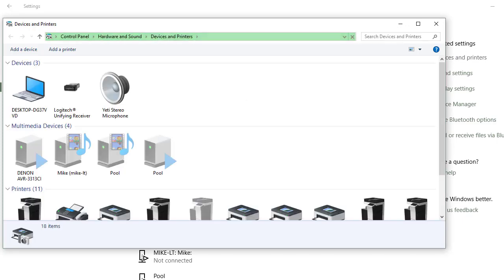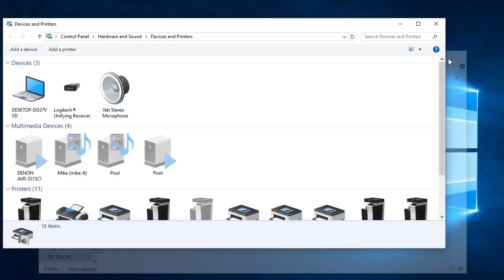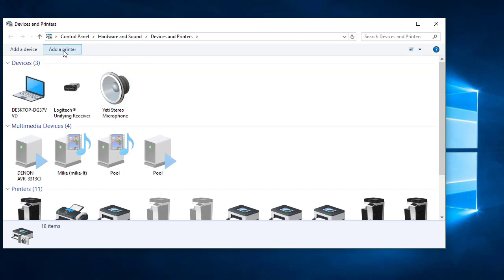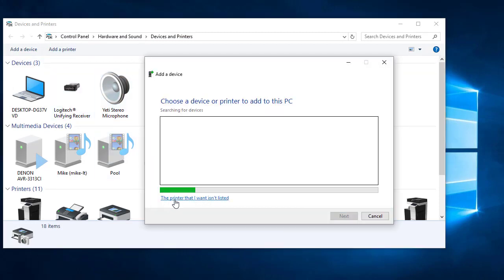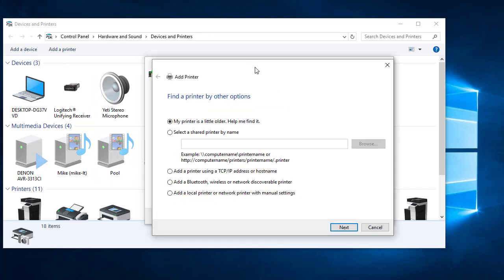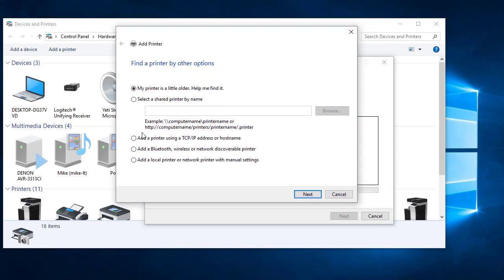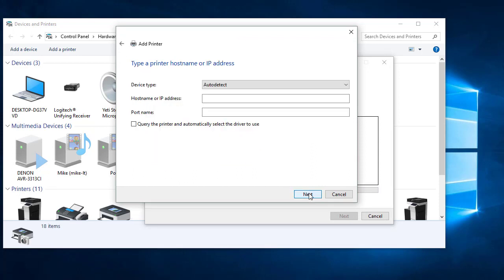Once you get to devices and printers, you can click Add Printer. I'm going to choose the printer that I want isn't listed so that I can manually install it. I'll choose Add a Printer using TCP/IP address. Click Next. Under device type, I'm going to say TCP/IP device. I want to manually install everything, so my IP address happens to be